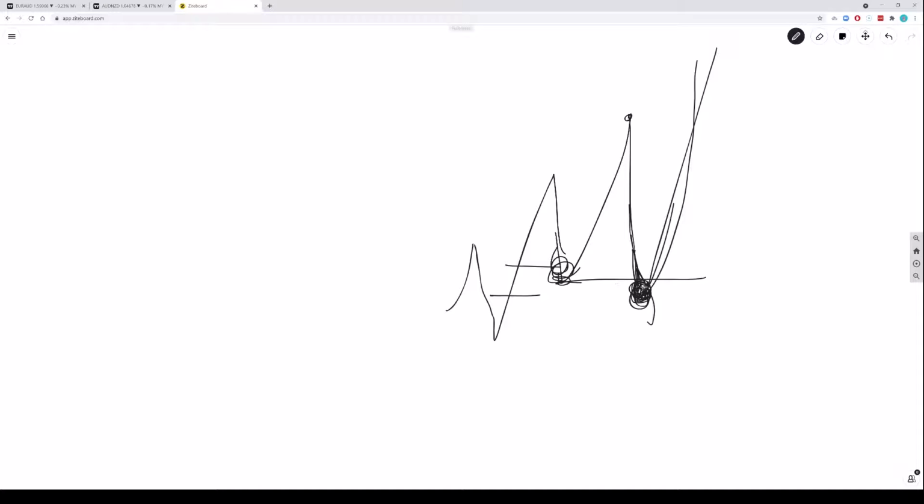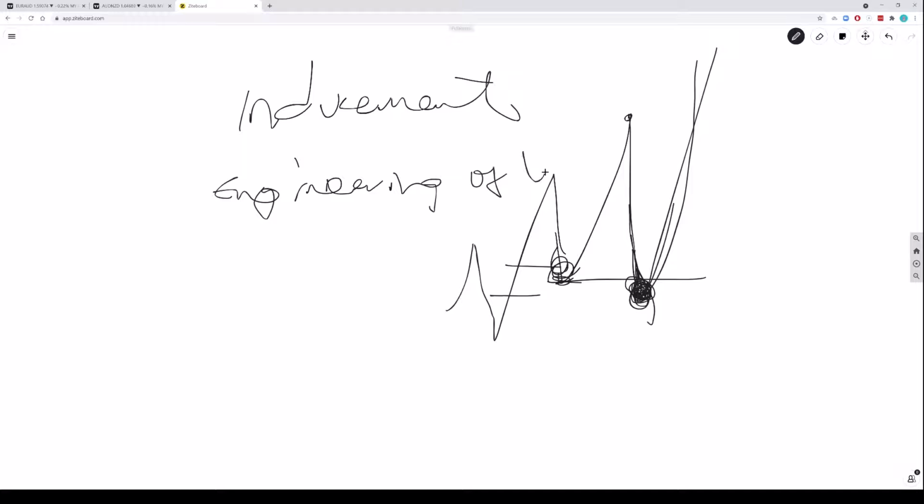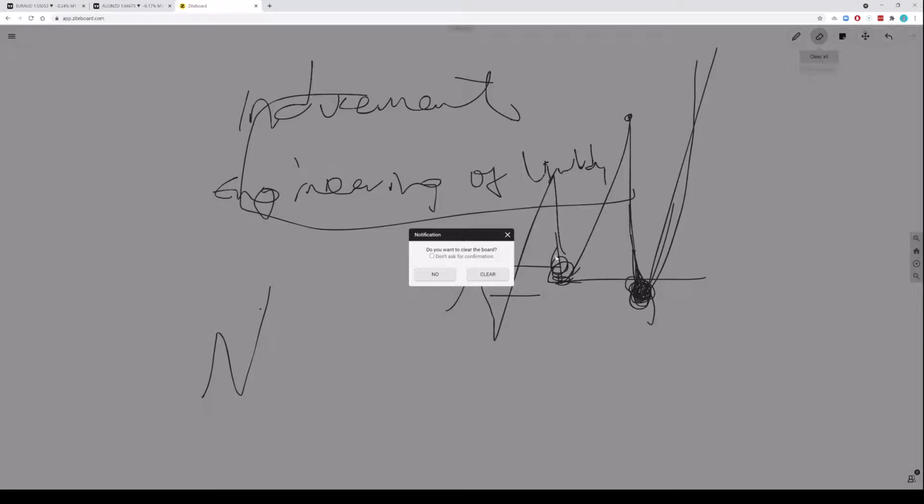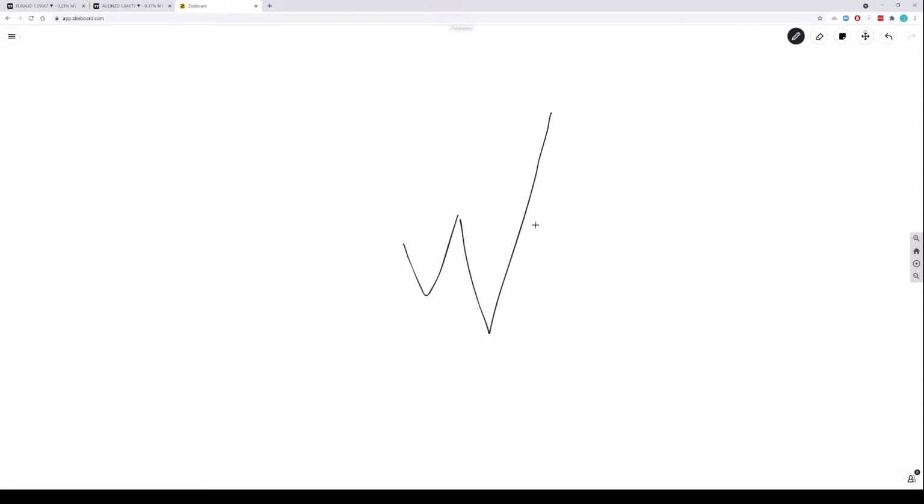Why? Because you know why price should do that, and it's called inducement or engineering of liquidity. Remember the first lesson that we did about liquidity? I said that if they are buying, okay, and they've not bought enough and price went up,